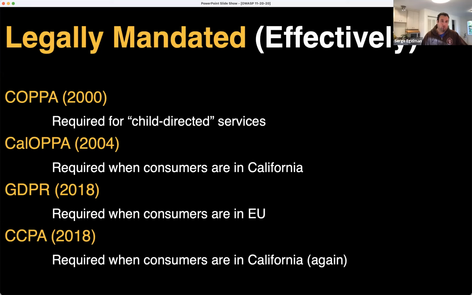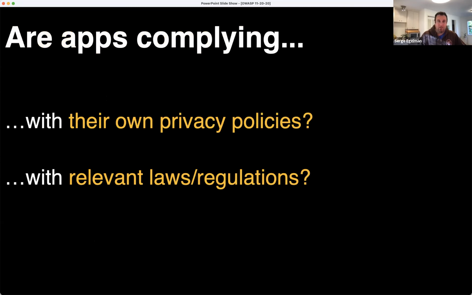In 2004, CalOPPA was enacted, which required that privacy policies be posted if you have consumers located in California. 2018 was GDPR, which required privacy policies if your consumers are in the EU, and CCPA now makes it double plus legal to have a privacy policy. And so making sure that these are accurate is important because that's another compliance obligation.